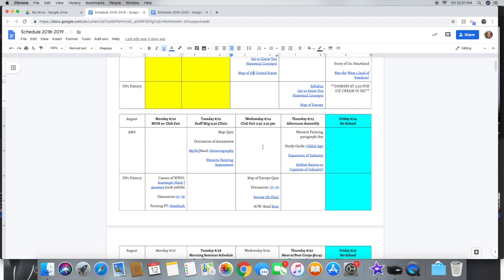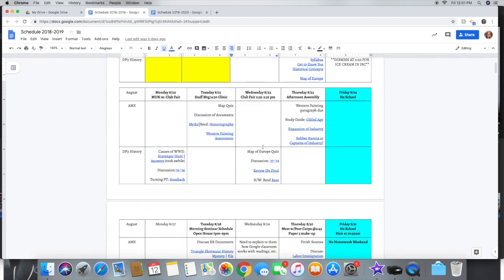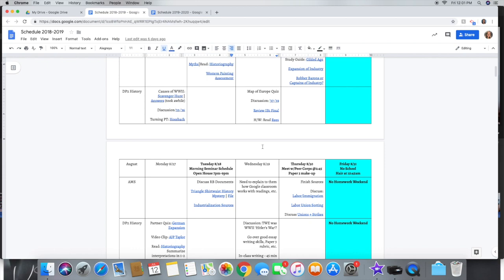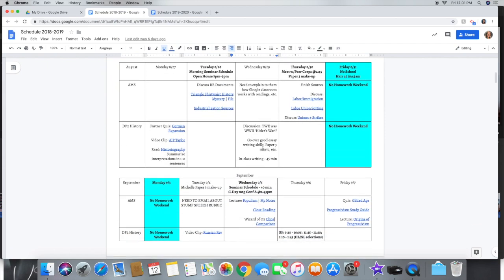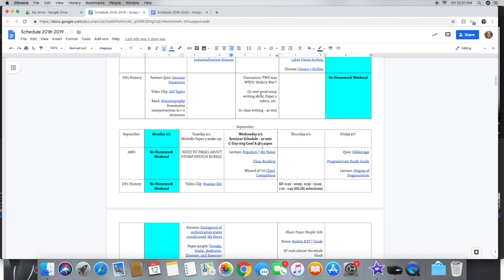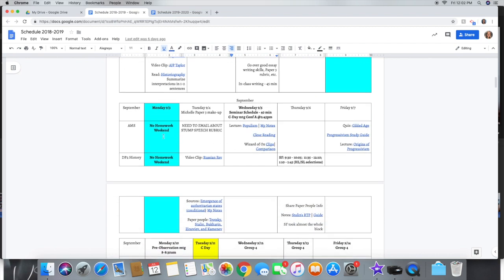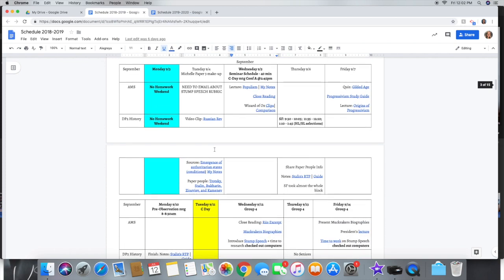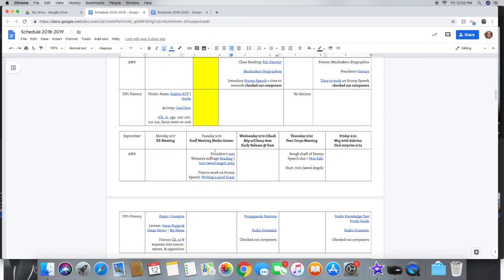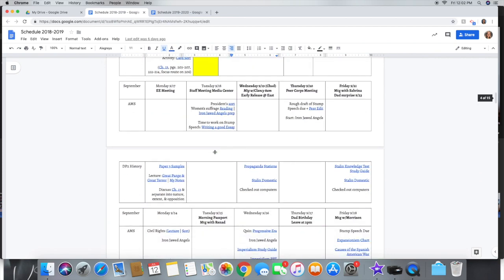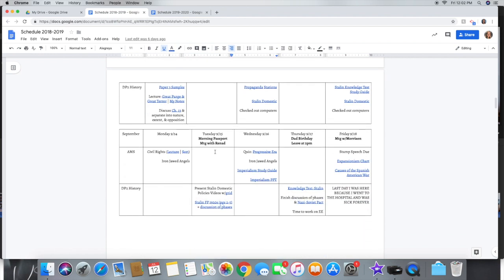So I can go through here and see all of the things that I did. I can link everything: things that I want to use, different things that I want the students to read, different assignments that I want them to do. When we have a no homework weekend, I know when I'm not allowed to assign homework and things like that. And so everything that I use is linked here, which is really, really nice. I really like that. I have quizzes that I've linked here, so I can easily access my quiz folder